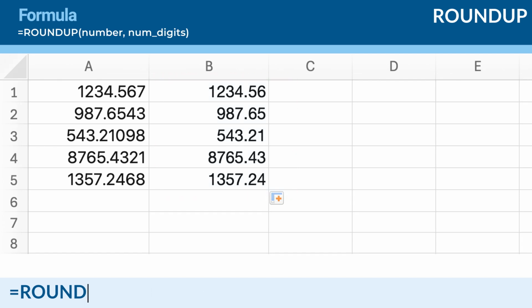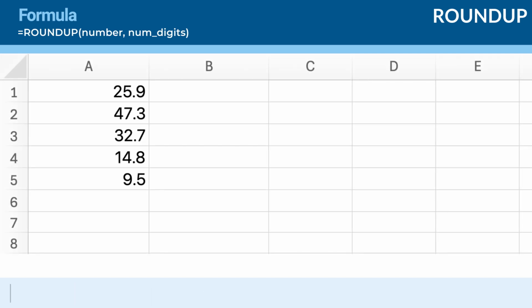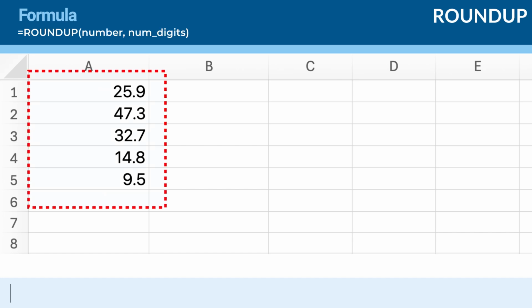Now let's consider a scenario where you want to round down a list of numbers representing inventory quantities to the nearest whole number. This is useful when you want to ensure you do not overestimate available stock. Enter the inventory quantities in cells A1 to A5. These quantities are currently displayed with decimal points, but you want to round them down to the nearest whole number